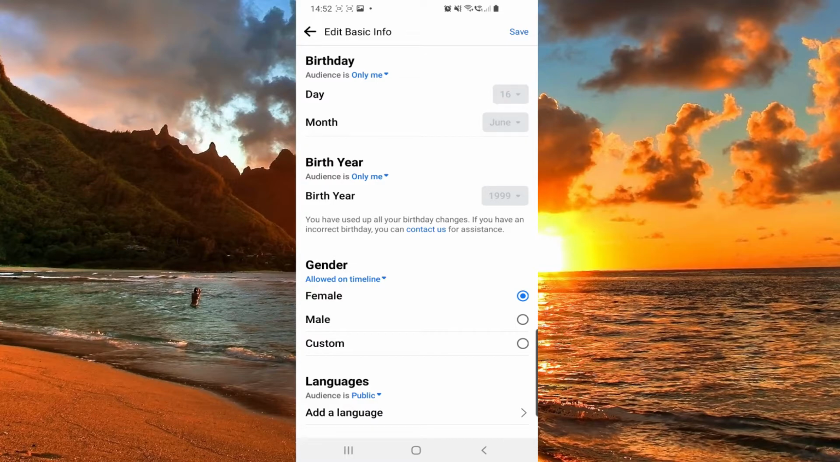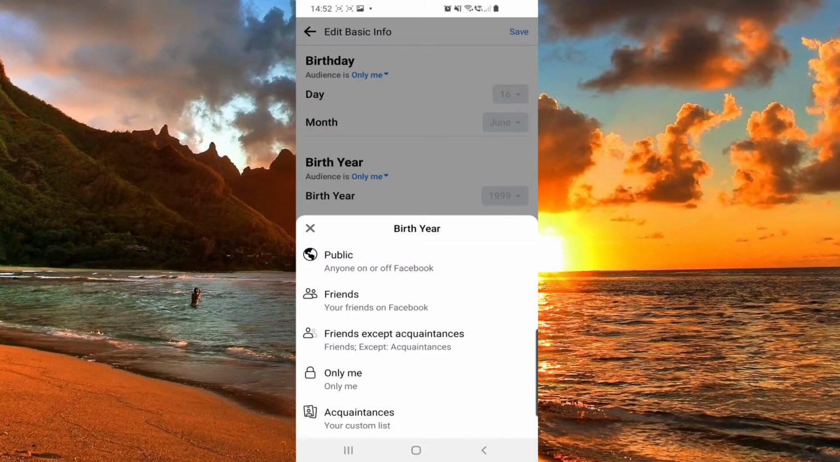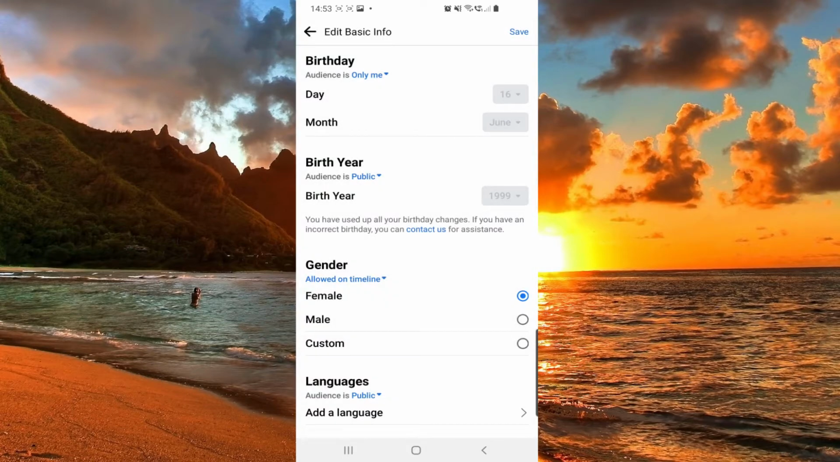If you want to change only the year, you just have to click on birth year. So right now is only me. You have to click on that and make it public, or you can set it to only friends or acquaintances or friends except acquaintances. So once you did that, you have to click on the save button, which is in